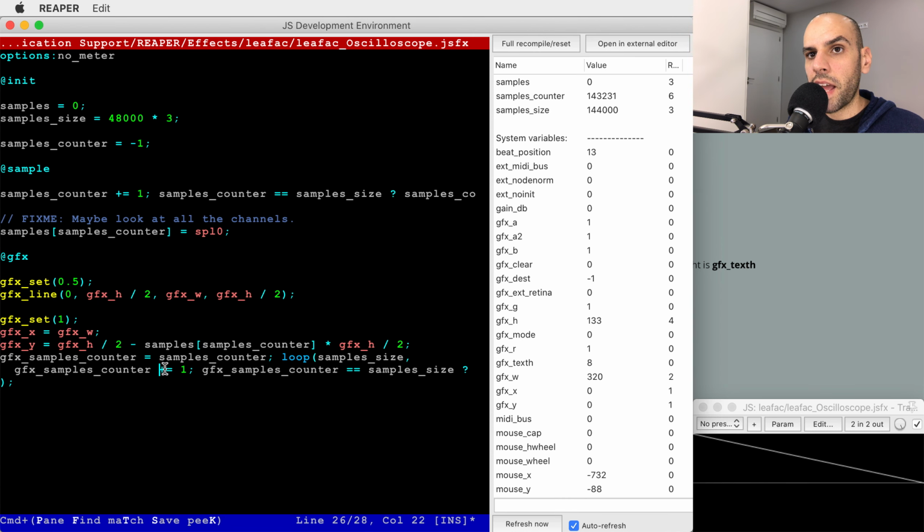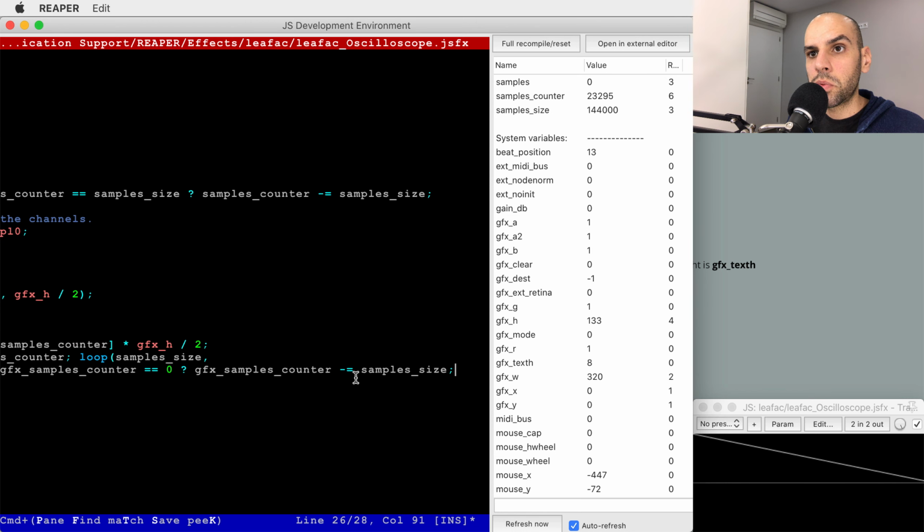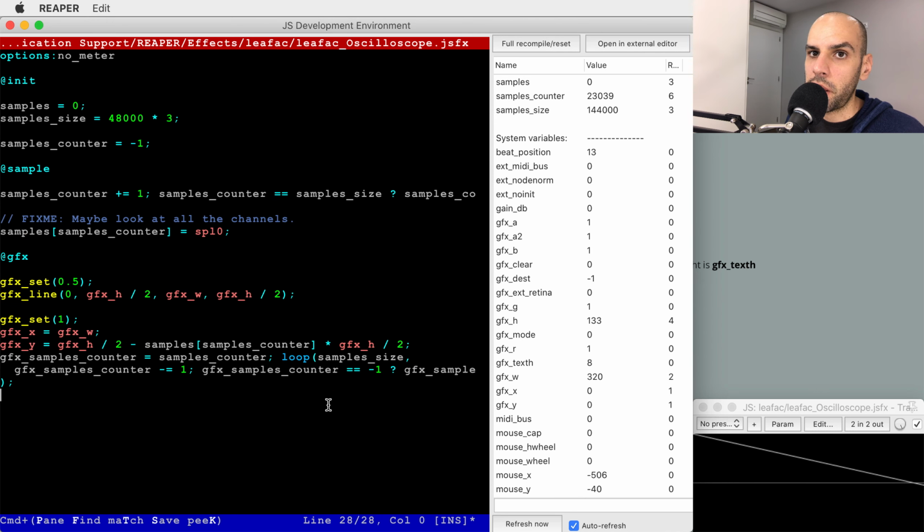And also, instead of adding 1, I will subtract 1 because I want to go back in time. And because I'm going back in time, I'm never going to reach sample size. I'm going to reach 0. When 0 is a valid index, -1 is not. So eventually I will reach -1. And when I do, I add sample size, which gets me back to the top of the array. So here I have on this line the thing that does a ring buffer